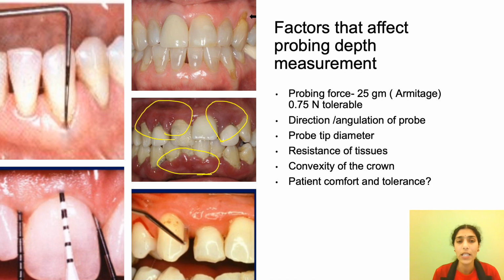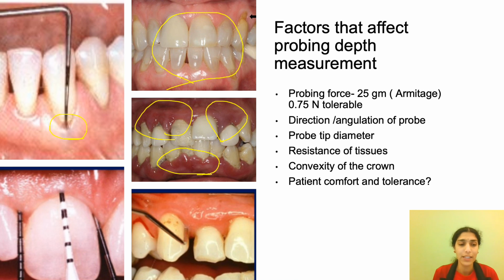If you see in this picture, the healthy tissues are very pale, tenacious, firm and resilient. In such gingiva, the probe may not go as much as expected; the tissue will have good resistance and will show only what the tissue can yield. The probe is not very easy to penetrate into the tissues, right? So tissue resistance is one of the important factors that affects the probing depth measurement.